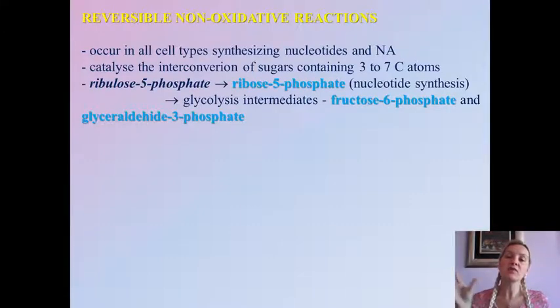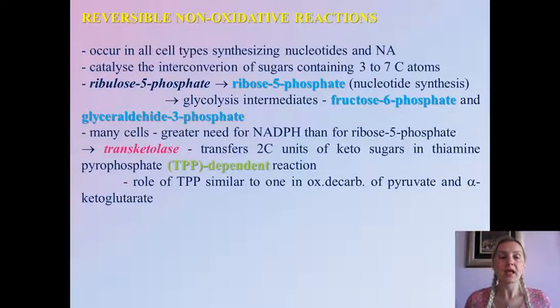So if you remember from the previous figure, ribulose 5-phosphate is either converted to ribose 5-phosphate, which is a precursor and starting point for nucleotide synthesis, or it can be converted to glycolytic intermediates, fructose 6-phosphate and glyceraldehyde 3-phosphate. For that purpose, we have to employ two enzymes, transketolase and transaldolase, because let's be realistic, in many cells there is a greater need for reducing equivalents, NADPH, rather than ribose 5-phosphate